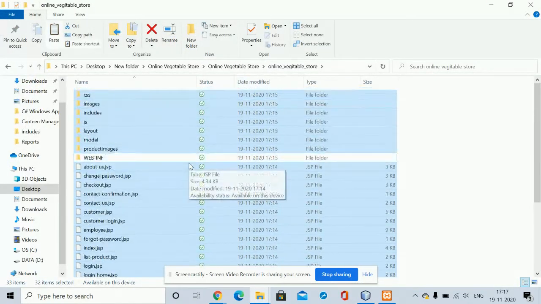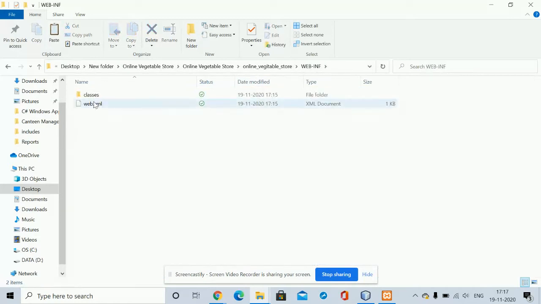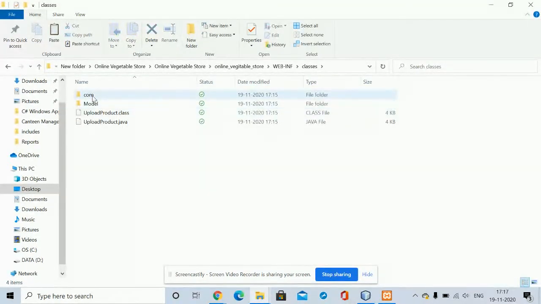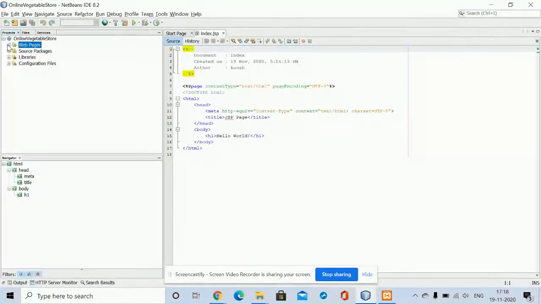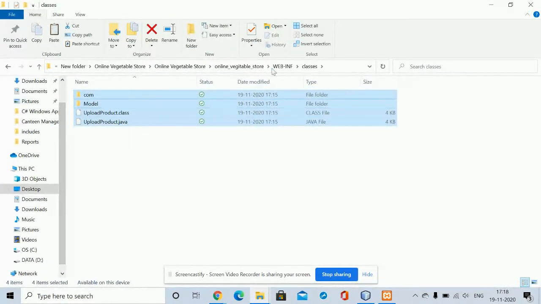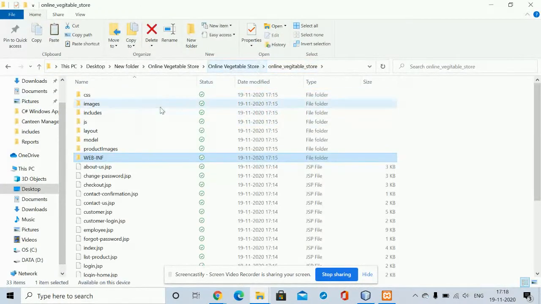Now click on the WEB-INF folder, click on classes, and there are three things here. Press Control A, which means select all, copy it, and paste it into the Source Packages. Here you need to paste the content of this classes folder. Let me tell you again.